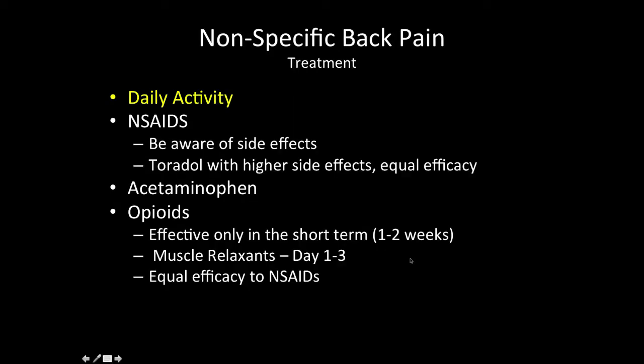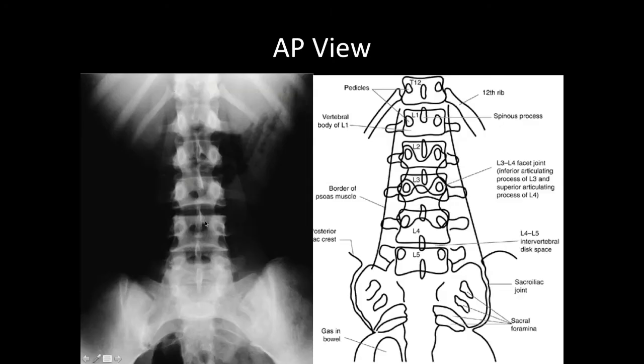The treatment for this, if I could give one word, would be activity, right? I mean, that's the biggest change in paradigm over the past 10, 20 years, is that you've got to keep going. If you immobilize, you'll get worse on these. You should be aware that NSAIDs aren't for everyone. They're not for patients with renal failure and bad diabetes and other things that can damage their kidneys. So we tend to use acetaminophen on older people when we can. Opioids, judicious, short term. We have to be very concerned about overuse of these.